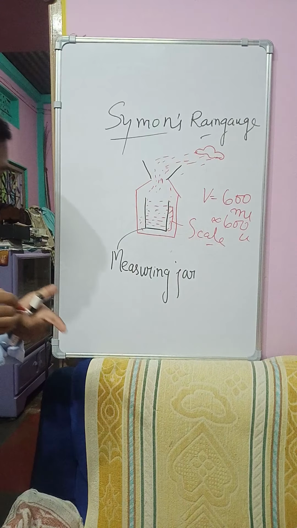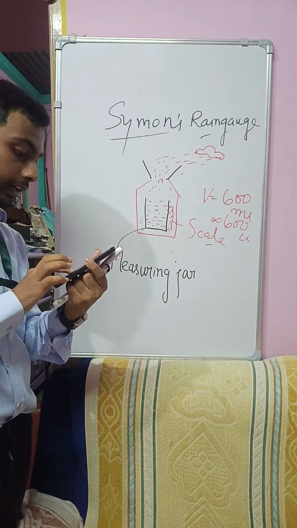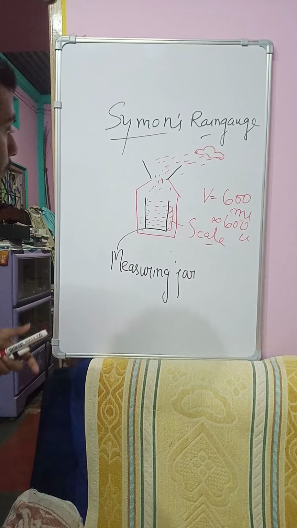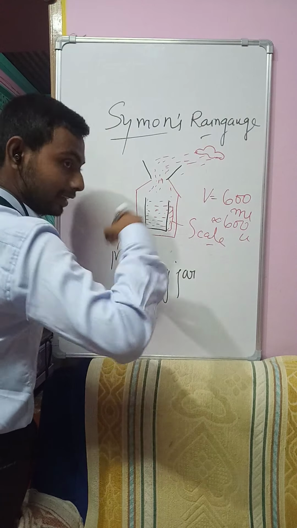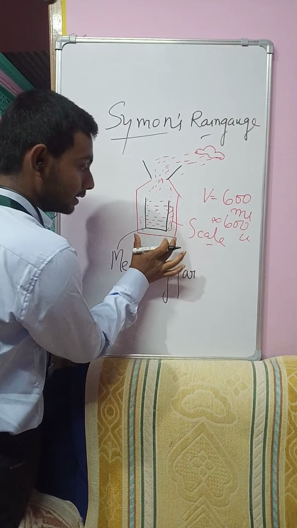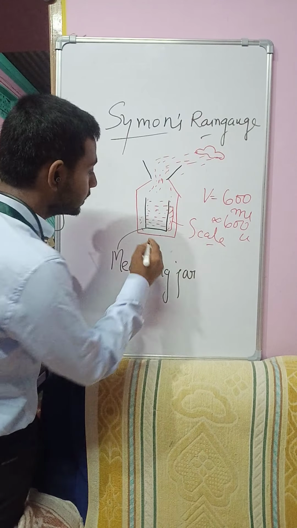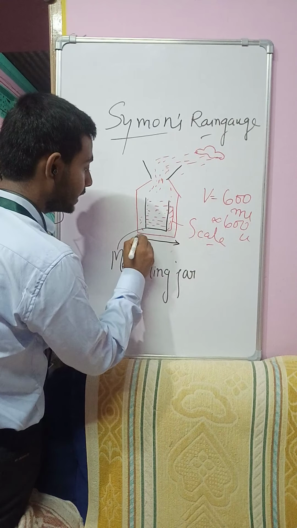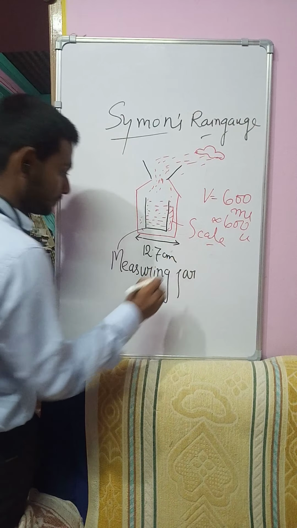So that's not our point of view. Our point of view is the rainwater collected by the CMOS rain gauge. We have already mentioned that the CMOS rain gauge is a cylindrical vessel. So basically the bottom portion is circular, that's why it is cylindrical. If it is circular, it must have a diameter, and the diameter is 12.7 centimeter or 5 inch.